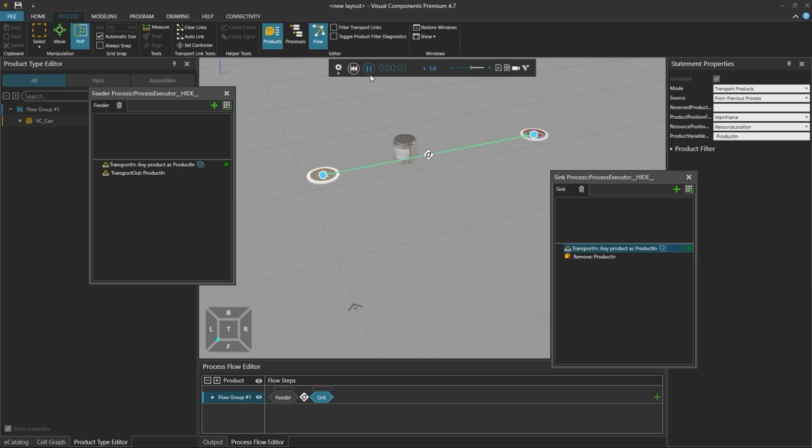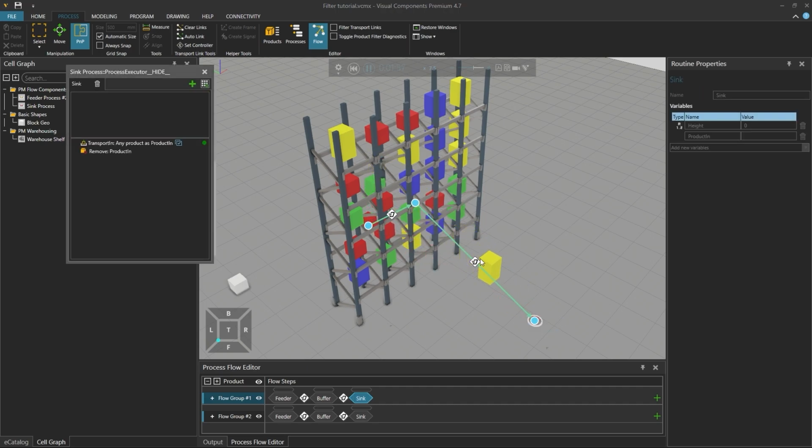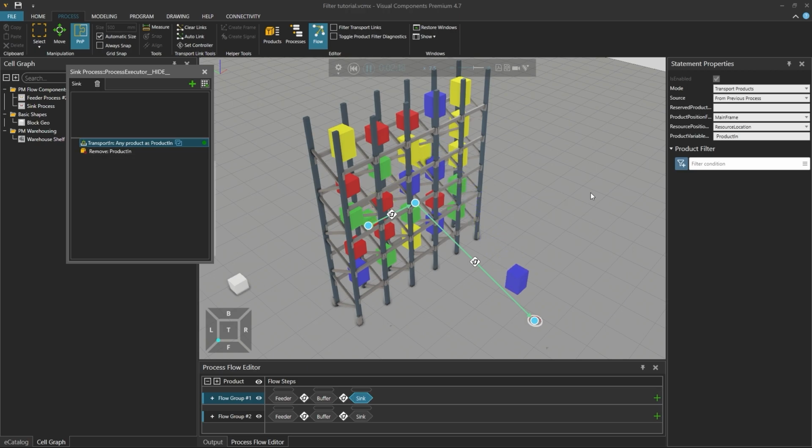By default, any product is accepted as long as other requirements are met, such as processes that are part of the flow and there is a connection between them. But if only certain products are accepted to a process, or a product needs to have specific features, then we are talking about product filtering. Product filtering or filters are used to restrict product access to a process during simulation. So they can be used, for example, to create routing decisions, to pull a particular product from a previous process, or to limit processes to only certain types of products.